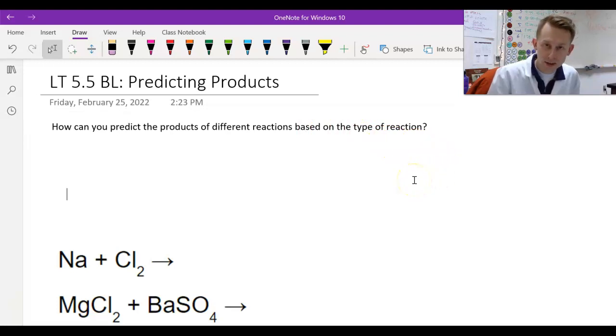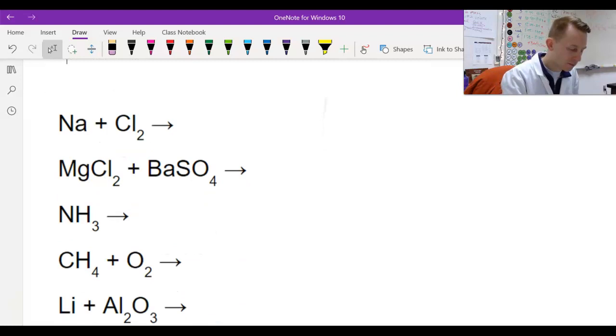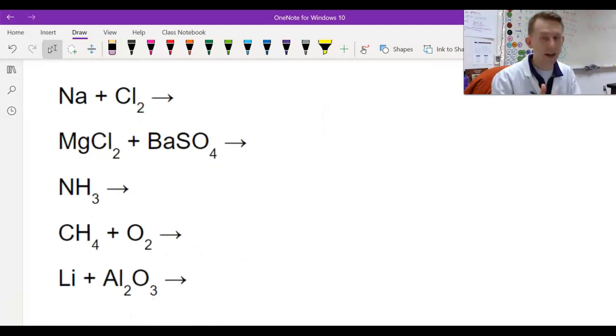So if you do not understand the 5 different types of chemical reactions, you need to go back and watch the optional video that's listed. Well, optional or not, it's the approaching level video for this learning target. So again, if you don't understand that, go back and watch it. You should be able to identify if something is single replacement, double replacement, combustion, synthesis, and decomposition in